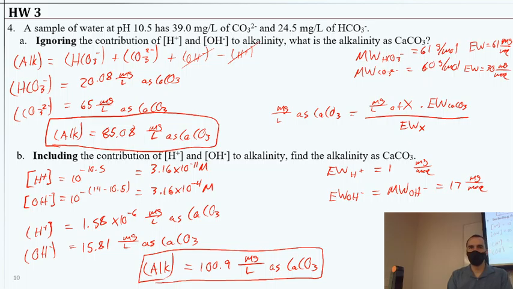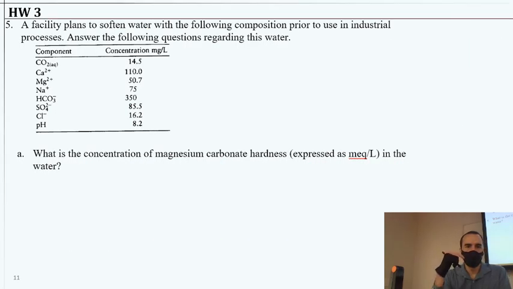All right, any questions or issues? All right, so the last problem, we have some water quality constituents written out for us. A facility plans to soften this water prior to industrial use, and we have to answer the following questions for this water. Part A is, what is the concentration of magnesium carbonate hardness expressed as milliequivalents per liter in the